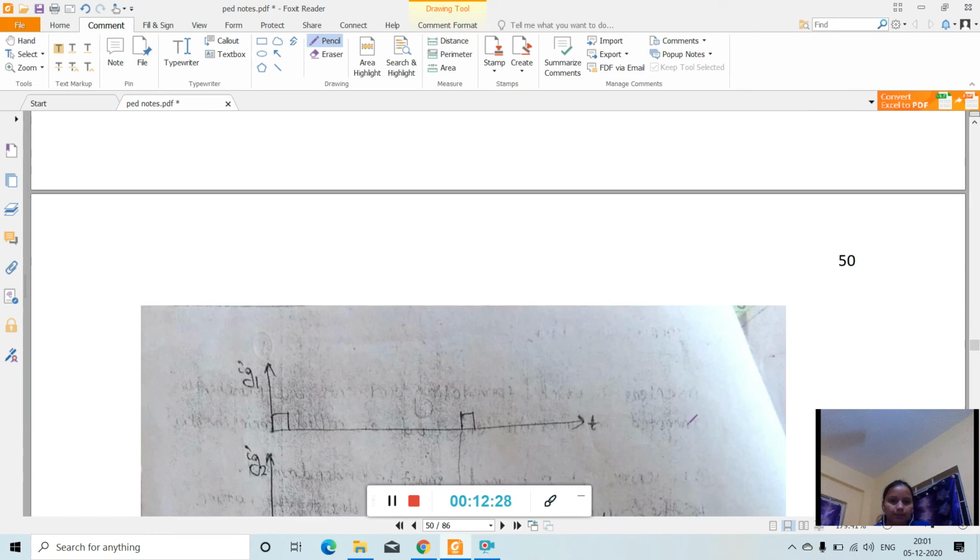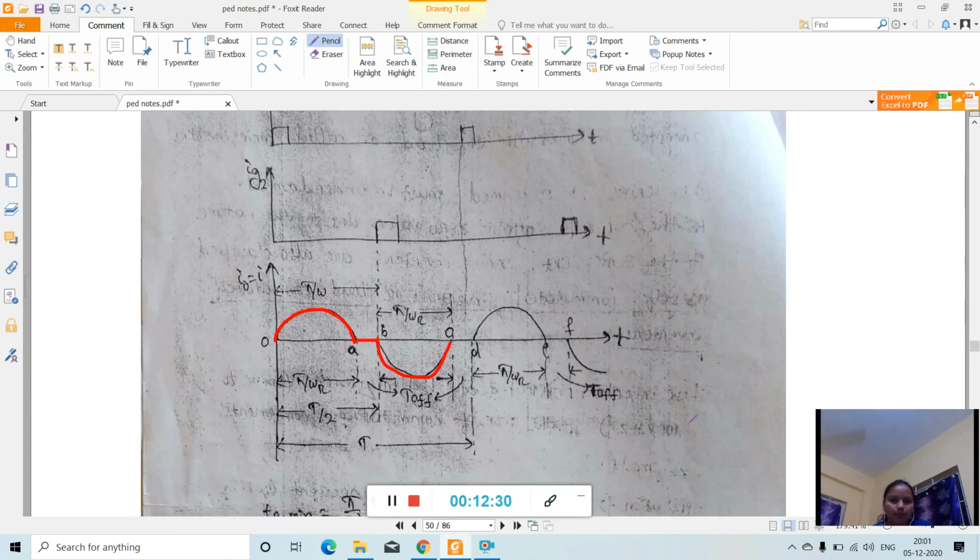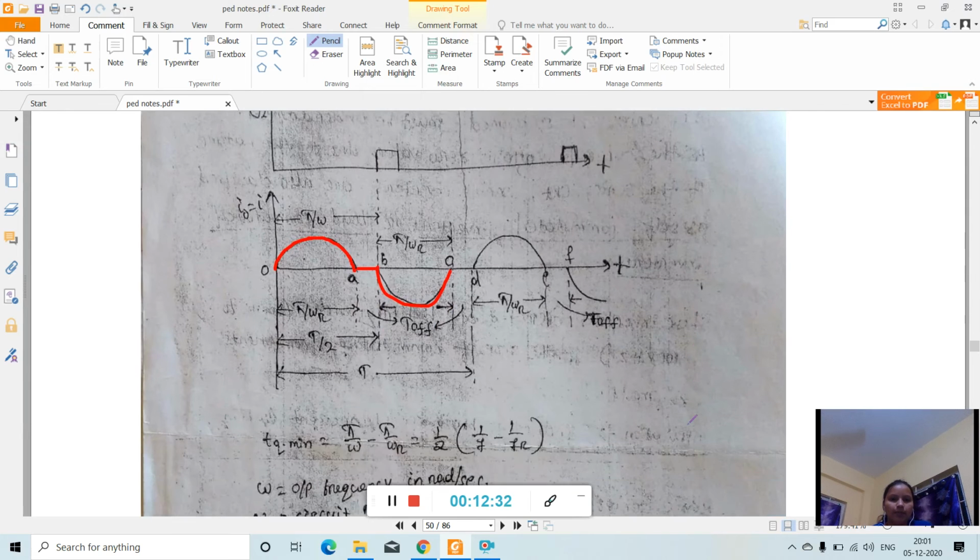So see, this is the waveform. Here the waveform is like this, from point A, then A to B, and then again B to C, and then C to D. So from O to B and then B to D, the graph is repeated in reverse. This is in the forward direction, this is in the reverse direction. So this represents one time period or one cycle. So this is the T.